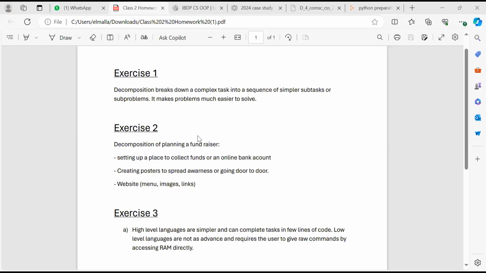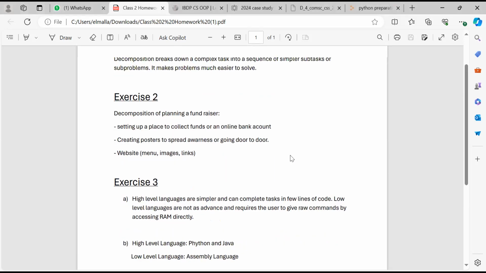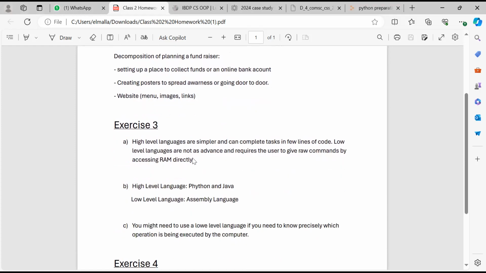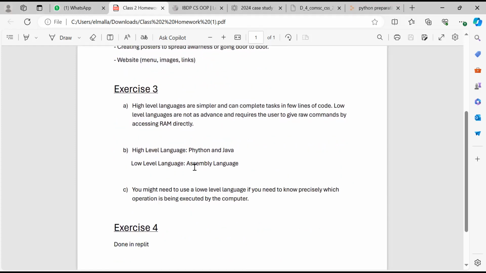So let me try to open them here. Okay. So I have no comments about that, except that there is a slight comment here. If we talk about low-level language,